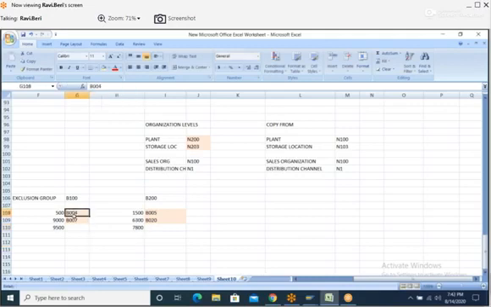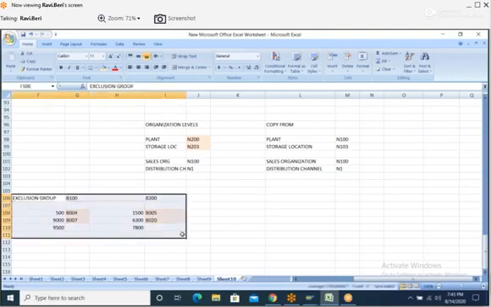Two groups. In one group, they want these two condition types. In another group, they want these two conditions. And they want to propose the best group. So here the best group is this one because the price is 9,500. So it will propose this group. We'll see the configuration. Make a note, heading: exclusion group between two groups. Take this example.